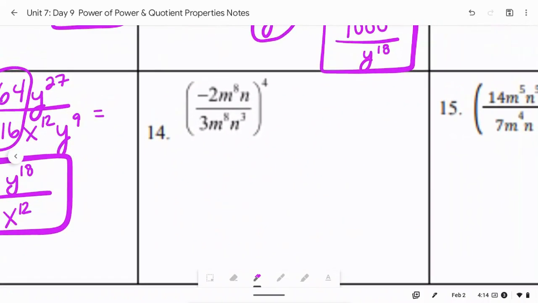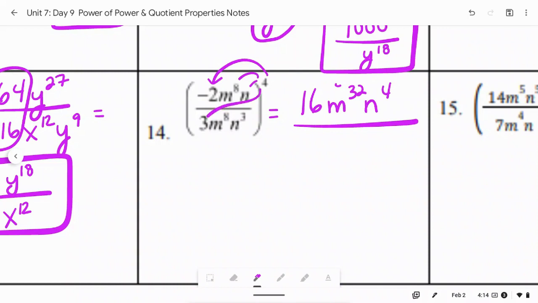Number 14, we're going to distribute. Careful, make sure you put -2 in parentheses when you're raising it to the 4th power. Otherwise, you won't get the correct answer when you type it in the calculator. So you get positive 16, and then multiply exponents, m to the 32, n to the 4th. And then in the denominator, you're going to do 3 to the 4th power, which is 81, and then multiply the exponents. So m to the 32